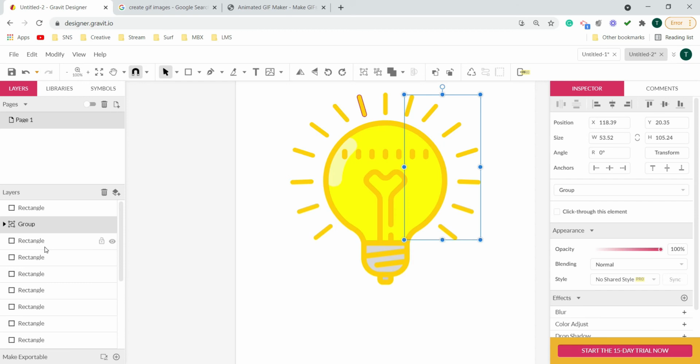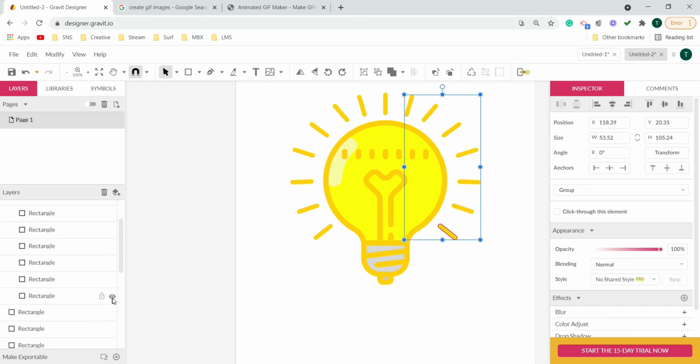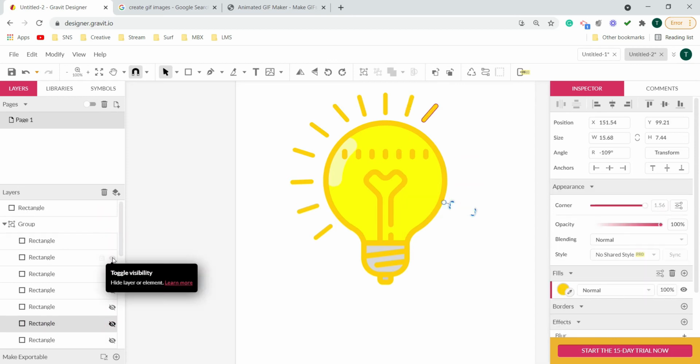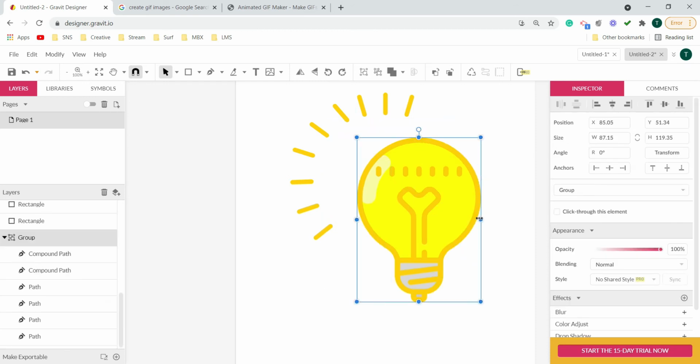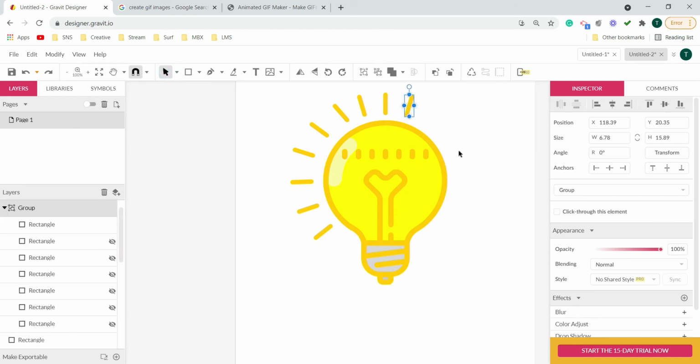Now inside this group, we'll turn off all the images like this, and we will keep this one open here. Okay, now we do not need to create all these strokes one by one. All we need to do is just unhide it one by one, and we will export the images. So let's do this quickly.